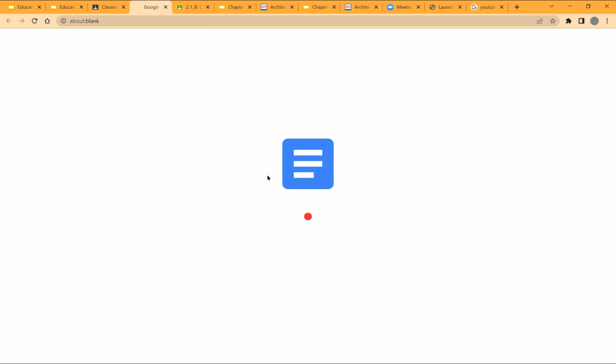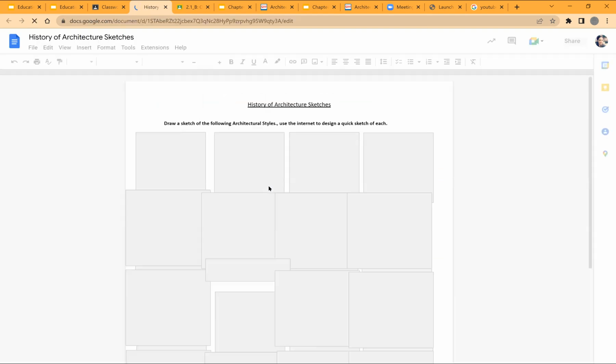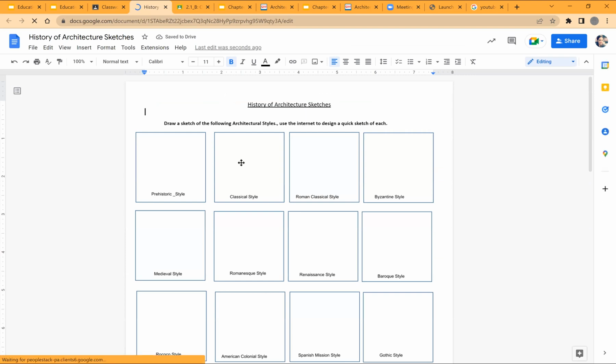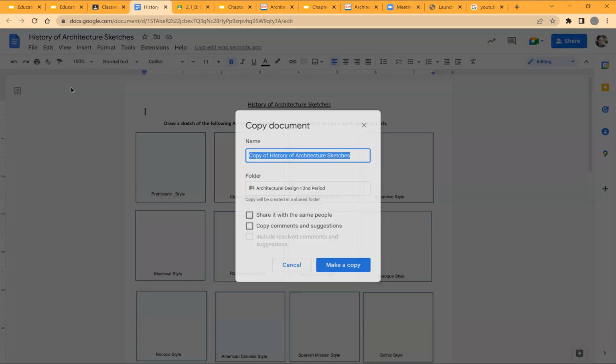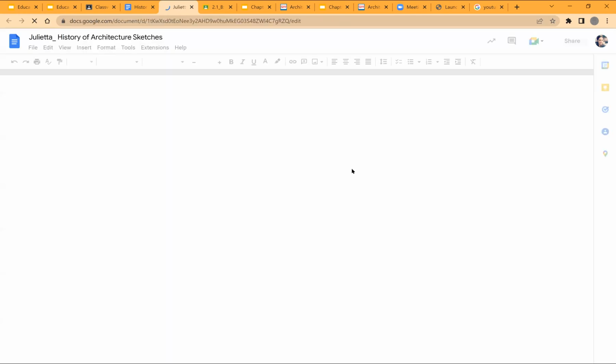So let me show you how you're going to add your squares. Okay, so what you're going to do is this. First, you're going to go to File. You're going to make a copy. And you're going to put your name, so you know that it is yours. So I'm Julieta. And this is taking a while. Okay, Julieta. Go ahead and make a copy. And now you're the only one that will be editing this particular